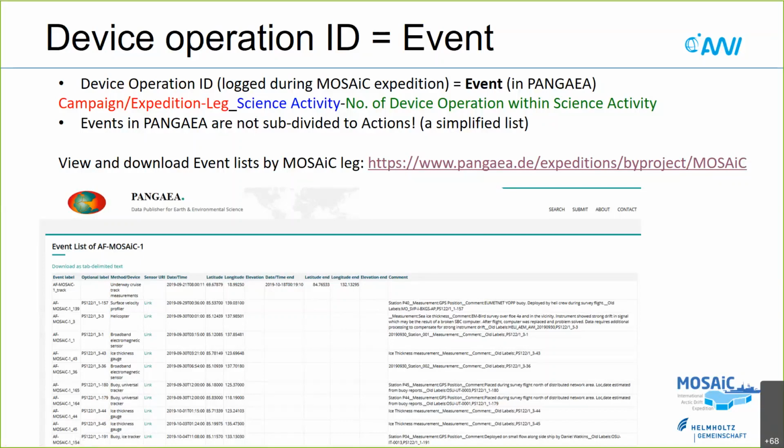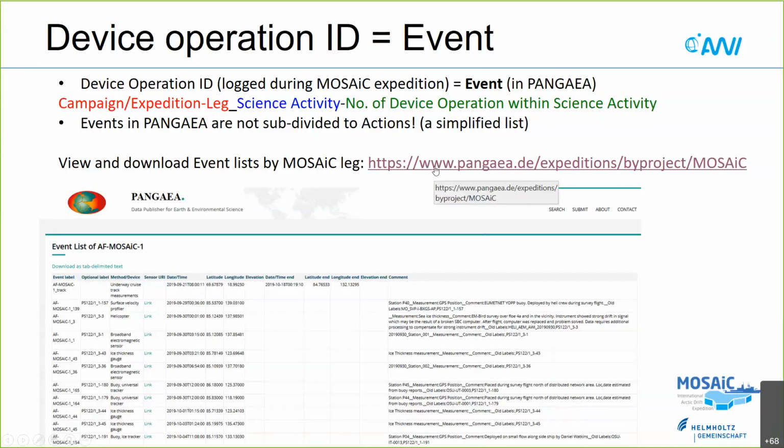And the sensor web provides a whole lot of other metadata. There are these actions, but there are also lots of information about the sensor. So the link between sensor and PANGAEA goes through these events.